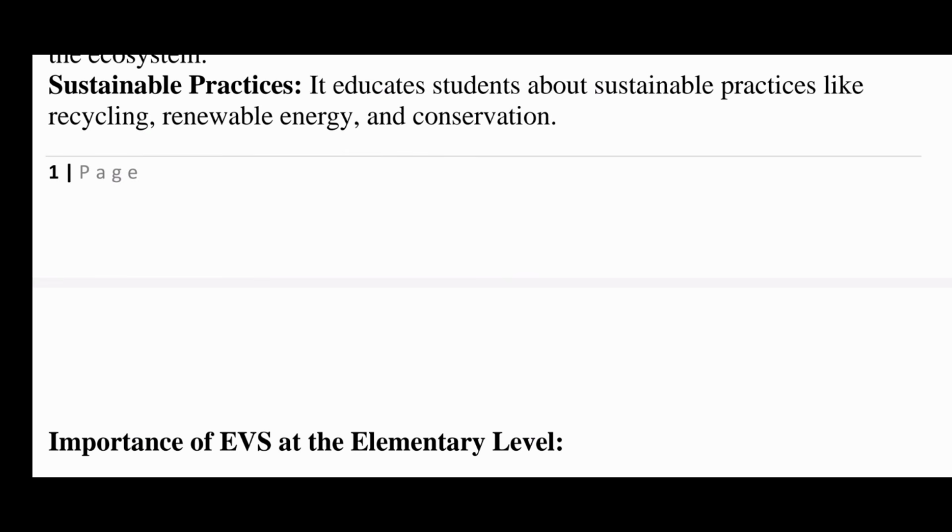Recycling, always believe in recycled products. Don't make use of plastics. Avoid the use of plastics as much as possible, right? And conservation, always try to conserve. If you don't need much, don't take much. If you need little, just take little of it, all right? Don't just waste any resource, be it natural resource, be it man-made resource. Don't waste it, all right?